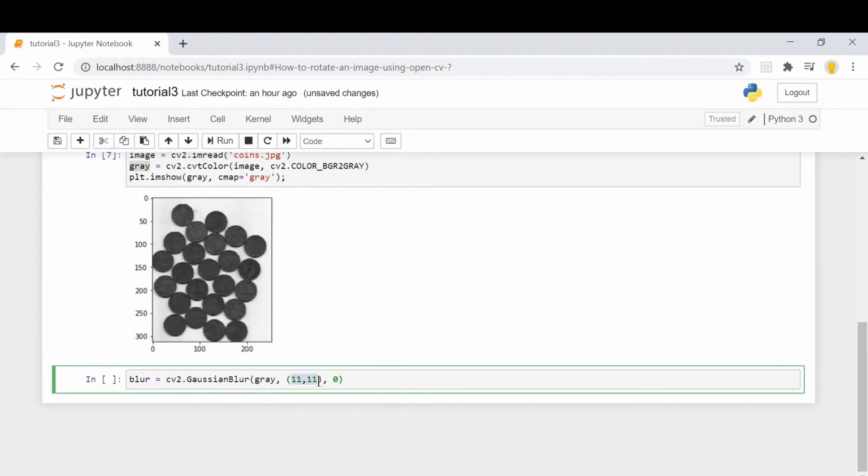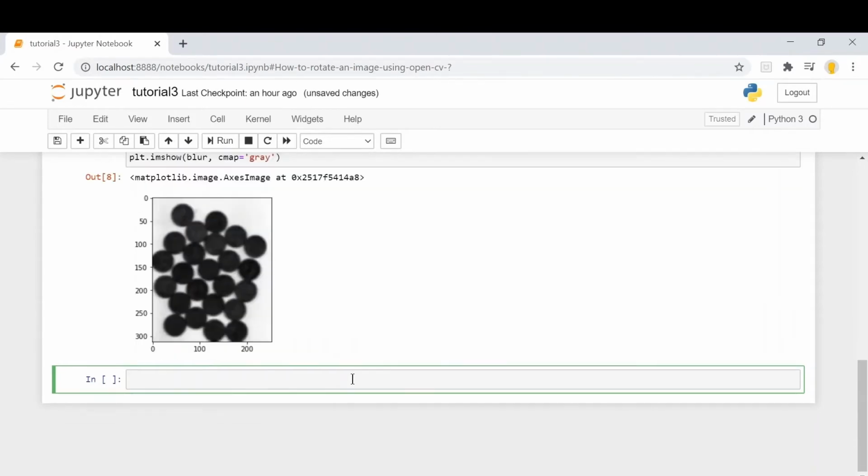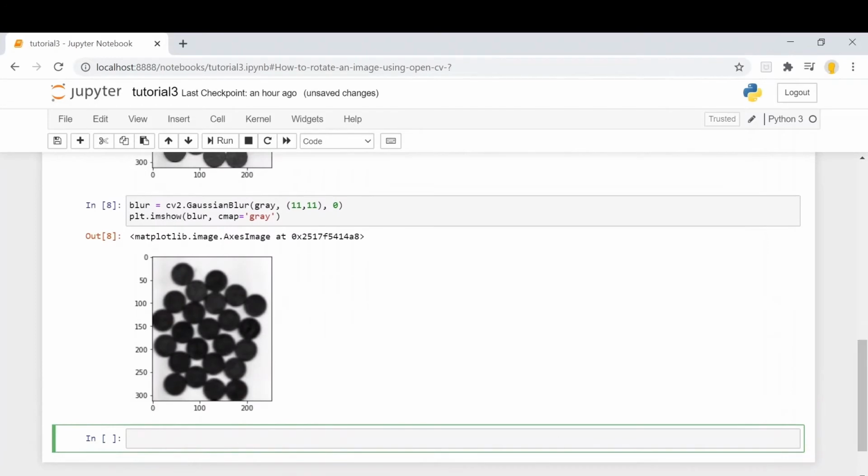If we increase the size of this kernel, the image will become more blurred. So let's see how our image shows up after blurring. You can see we have blurred our image.